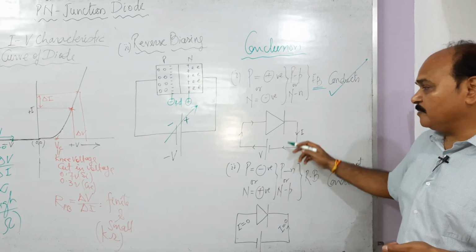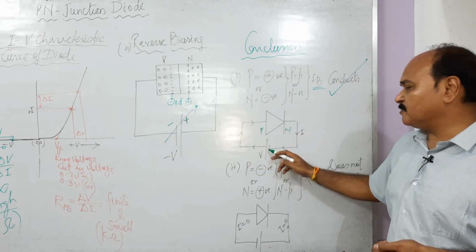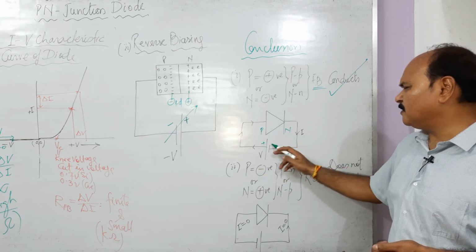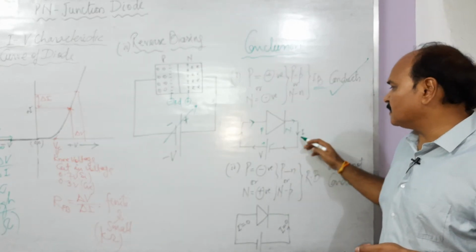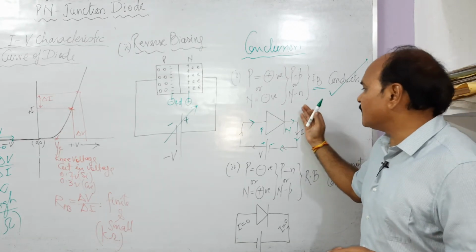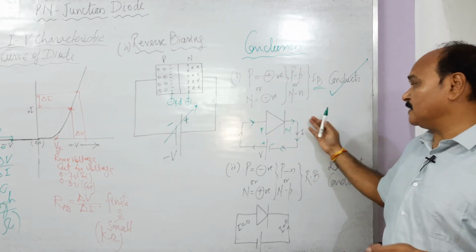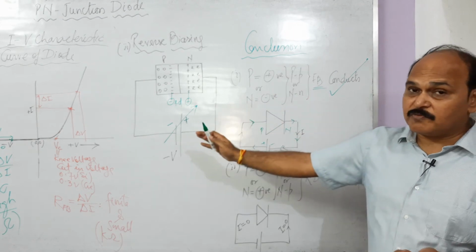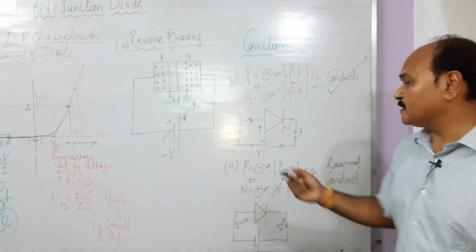Well, in reverse bias, yeah, this is the diode. You can make the symbolic diagram. This is the P side of the diode, this is the N side of the diode. P is connected with the positive electrode and N is connected with the negative electrode. The diode is forward bias and it is going to conduct like this, because electrons move from N side to P side. Therefore, current moves from P side to N. Electrons move from N side to P side and current moves from P to N side. So that's how the current flows in forward bias.